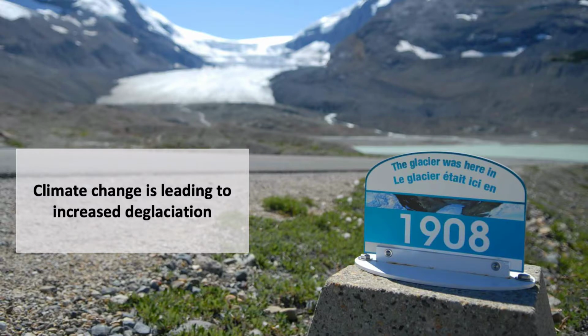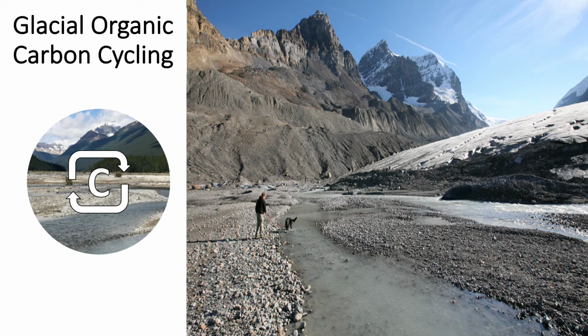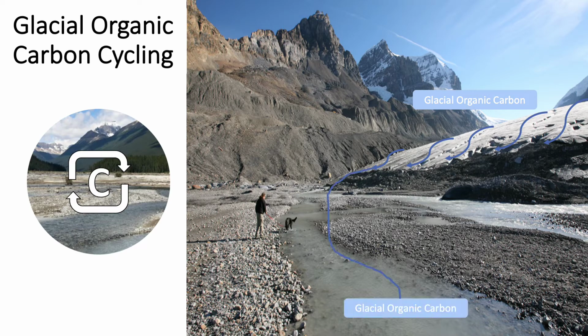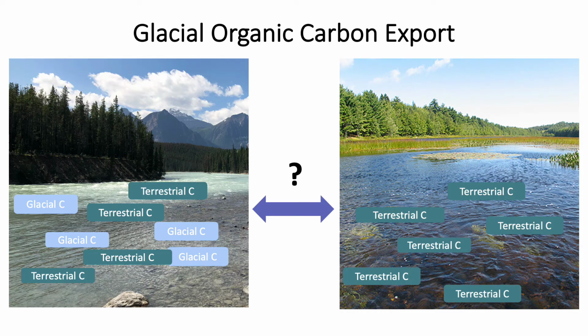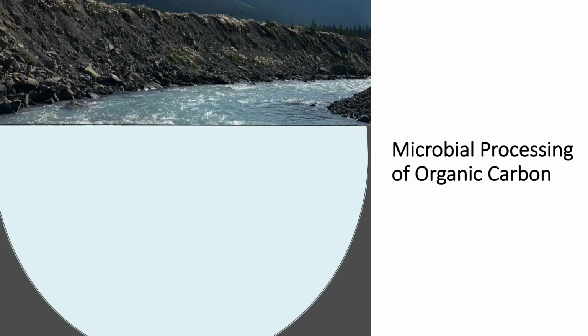So as we all know, we are living in a time of anthropogenic climate change, and one of the outcomes of this is deglaciation. Deglaciation may impact freshwater organic carbon cycling, since glaciers have the ability to store organic carbon and then export it into headwater streams when they melt in the summer. This creates a unique glacially fed stream carbon pool with glacial and terrestrial characteristics that could be different than those of non-glacially fed streams, which predominantly only have terrestrial carbon inputs.